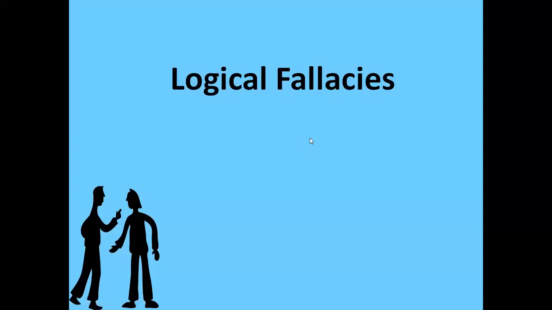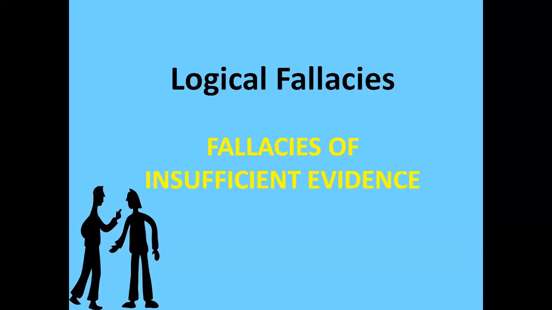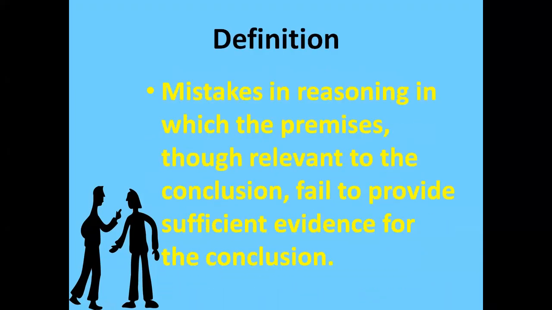Today we'll talk about logical fallacies. And in logical fallacies, we're going to talk about the second kind, that is fallacies of insufficient evidence. Let's see its definition. Mistakes in reasoning in which the premises, though relevant to the conclusion, fail to provide sufficient